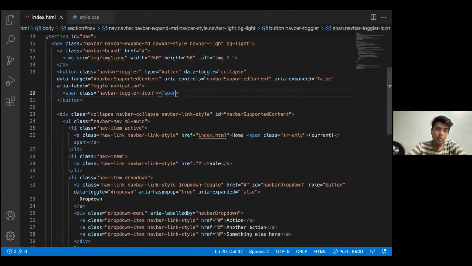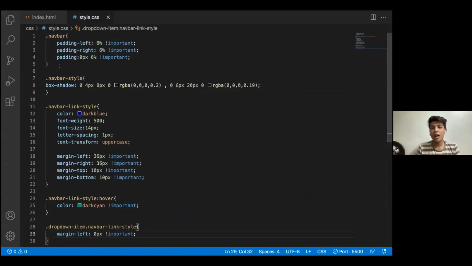Okay. So firstly, I have given my navbar a basic padding. As we had seen before, my navbar didn't have any padding. Every content that I had in my navbar was at the extreme corners of it. So I wanted to provide some padding. I gave a padding of 6% on the left and right, and I wanted some padding at the bottom as well because it was very sticky there. So I have given a padding of 6%, and 0 pixel means that I don't want any padding from above.